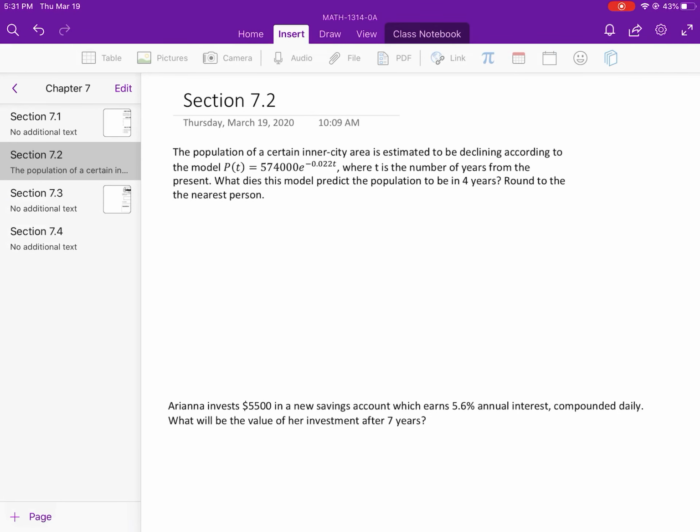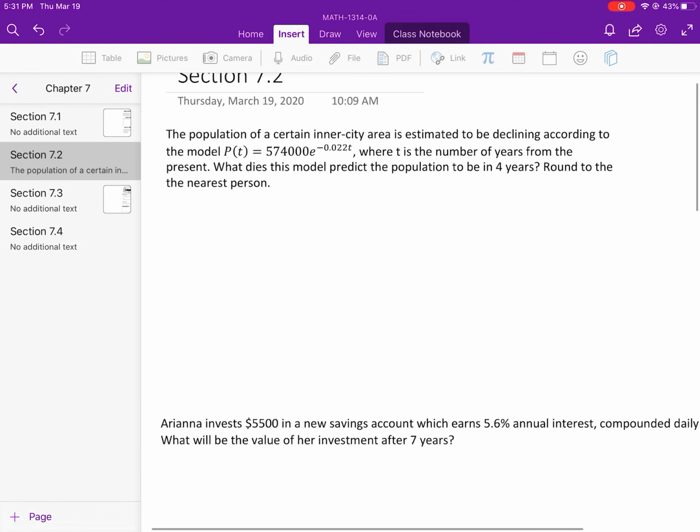Alright, so good afternoon. We are working on section 7.2, and section 7.2 goes through some formulas, so it kind of piggybacks a little bit off of 7.1 with exponential equations, but it takes it into more of a real-world format where you can actually see them being applied in a real-world setting. Okay, so this first one that we're going to look at here